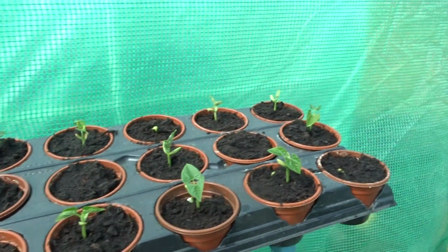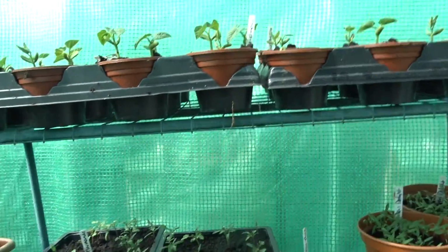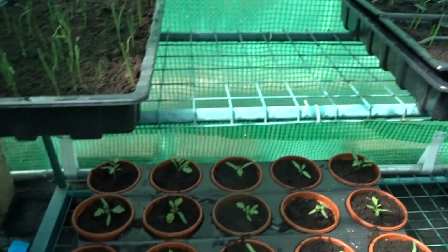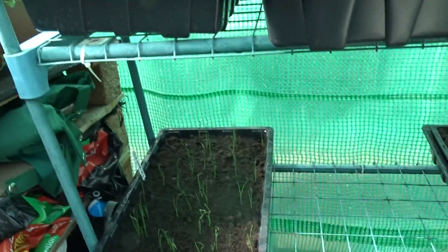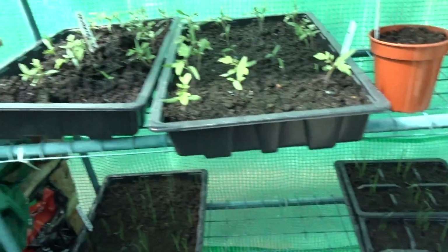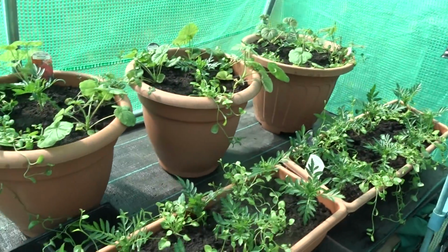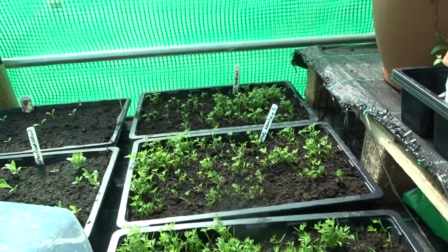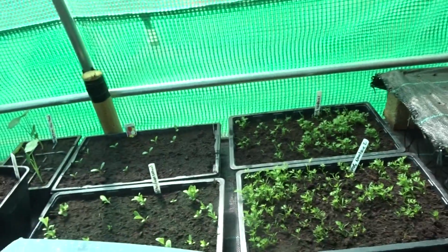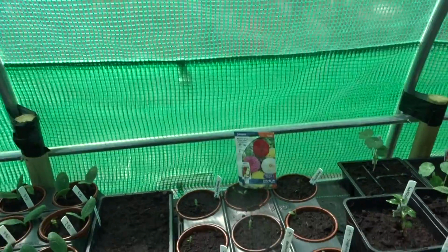Looking good. Let's move this. I can show you that I've transplanted some of the tomatoes down here. The leeks are still under there. I've passed one tray on to somebody else. And these are all looking great. Carrots have come on in leaps and bounds. Look at those. I've put this cover on because nothing seems to be happening under there, so give it a little bit of a boost. The dahlias,